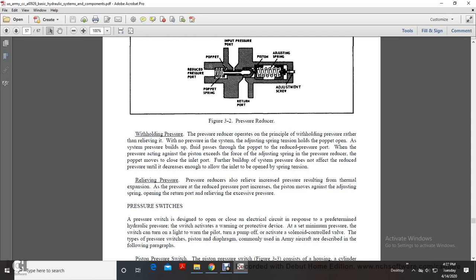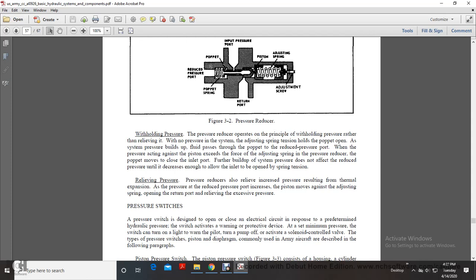Withholding pressure. The pressure reducer operates on the principle of withholding pressure rather than relieving it. With no pressure in the system, the adjusting spring tension holds the poppet open. As the system pressure builds up, the fluid passes through the top of the reduced pressure port. When the pressure acting against the piston exceeds the force of the adjusting spring, the